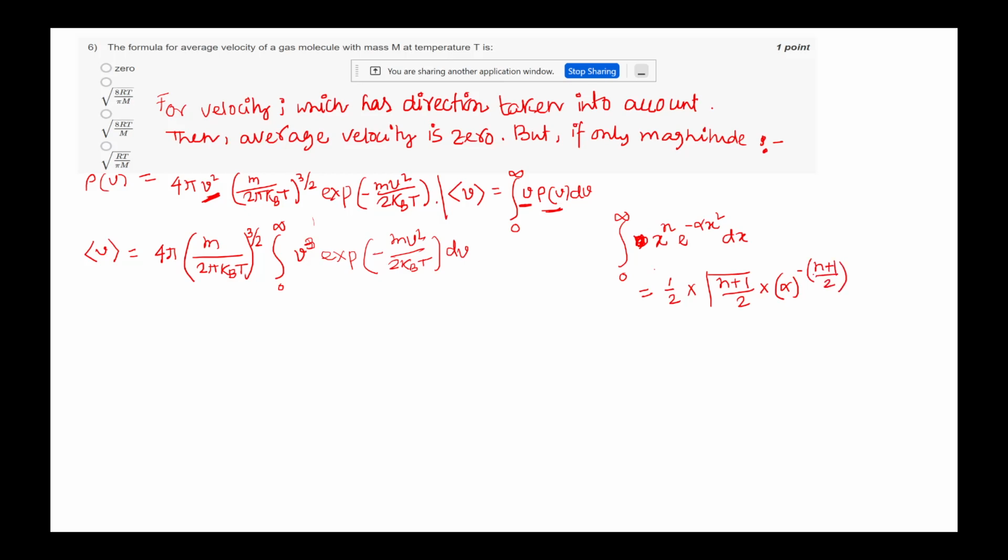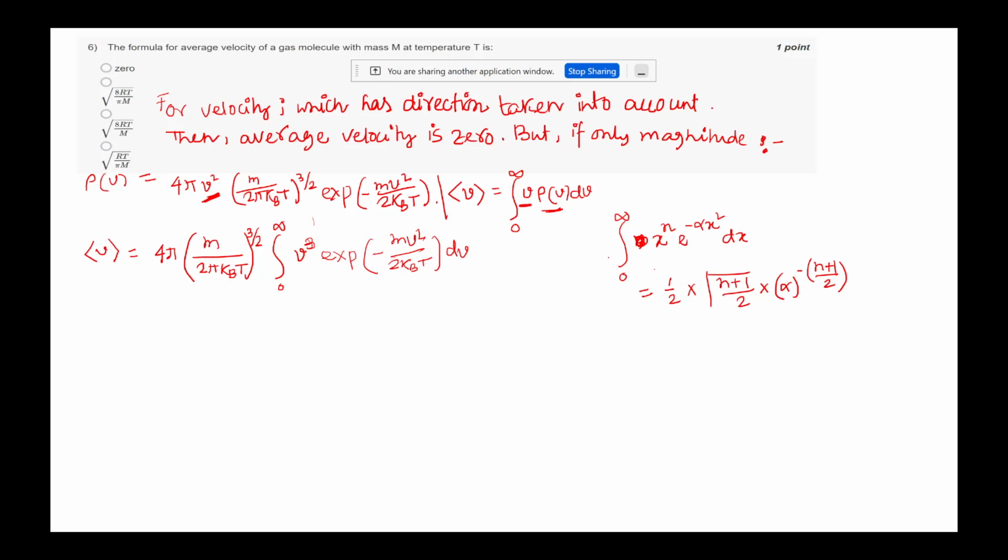You have probably seen that if it is from minus infinity to infinity, then there will be 2 times of this, for an even function. For an odd function it will be different, and that is actually the concept of speed, velocity.